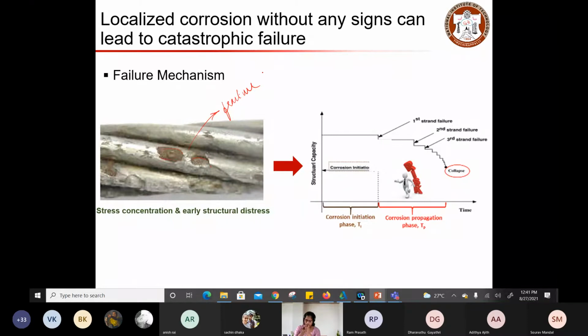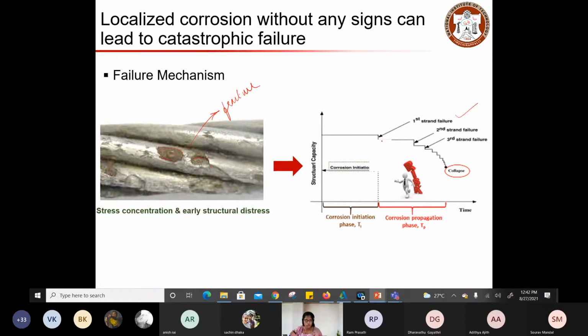It may get ruptured at that point, and then this will lead to the load or stress distribution to the other outer wires, right? So once this wire gets ruptured, you can see the failure of the first strand. If your structural capacity is about some 300 kilonewton or something, once your strand is fractured, then you will observe a slight reduction in your capacity.